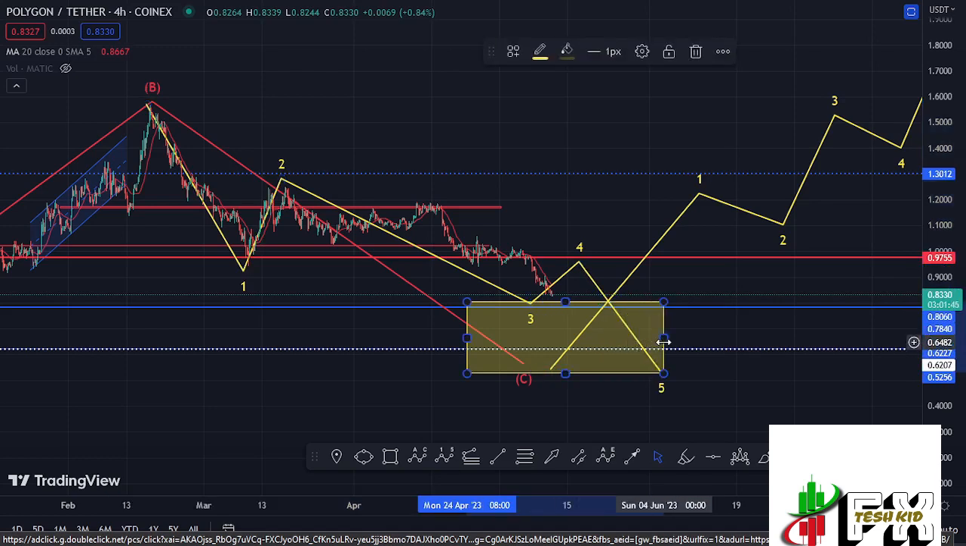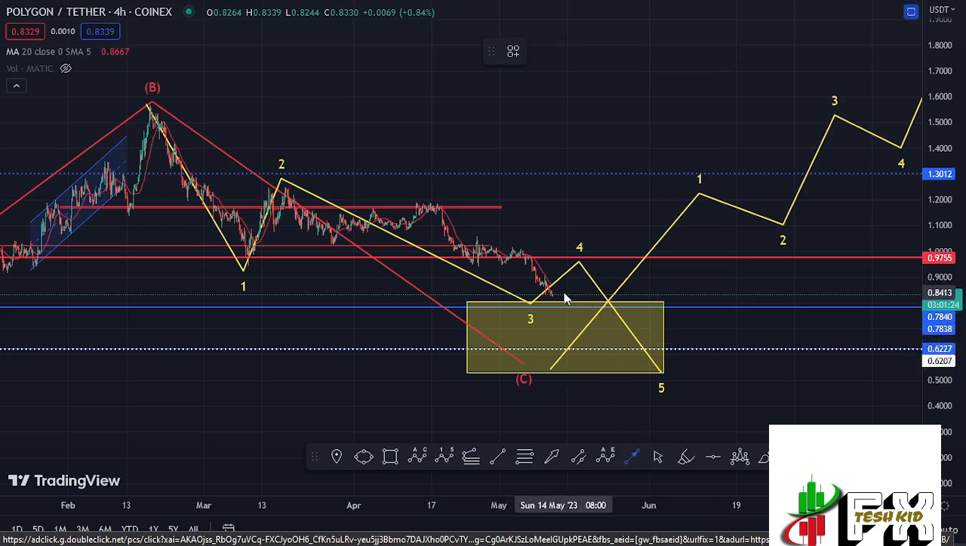And I think once we get into the yellow target area, there's no reason for panic, because that will be another perfect entry to get back into Polygon Matic, to be able to ride that massive pump in the formation of that wave 3. We also need to keep our eyes on our next key area of support at around the